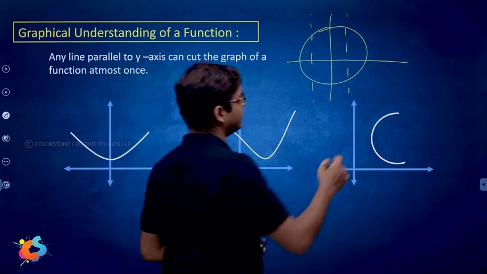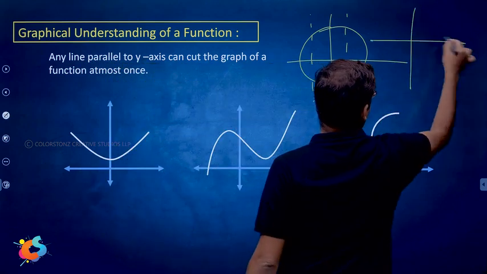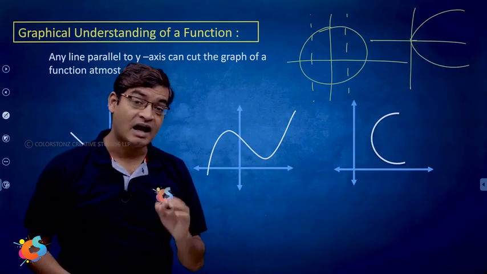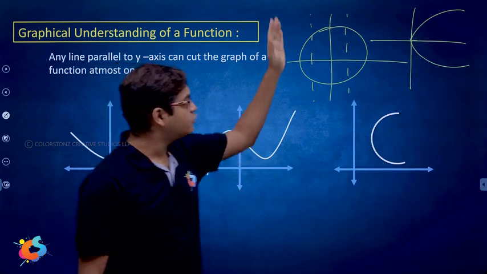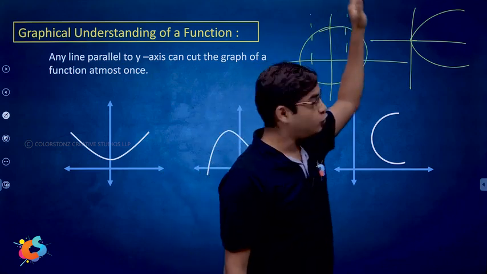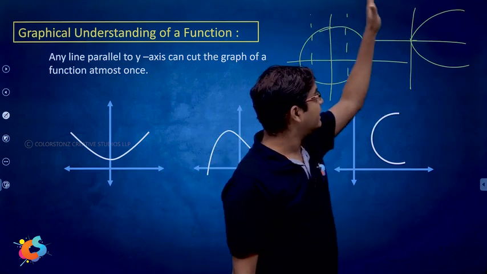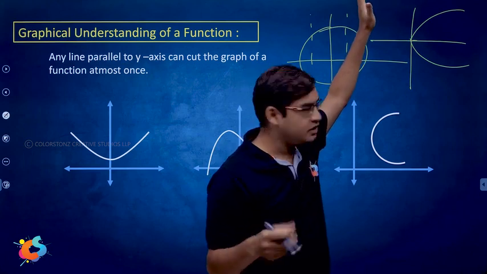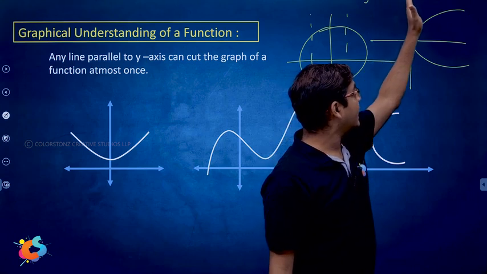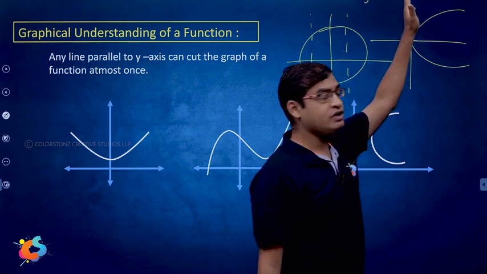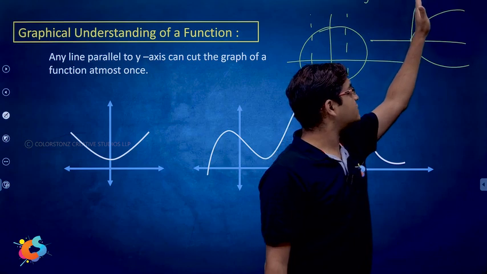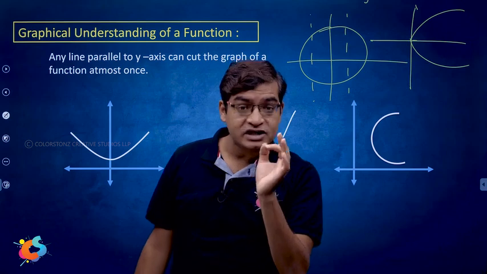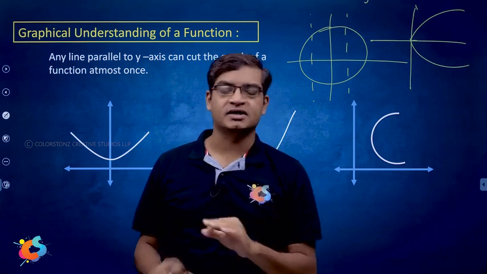Okay. Let us take, for example, a parabola. Now, does this represent the graph of a function? No. Why? Because you start from the left and go towards the right. Take a line parallel to the y-axis. How many times is it cutting? It is not cutting. No problem. There is no problem at all. Now you come here at x is equal to 0. It is cutting only once. Next, as you go forward, it is always cutting more than once. Even if you find at least one place where it is cutting more than once, then it is not a